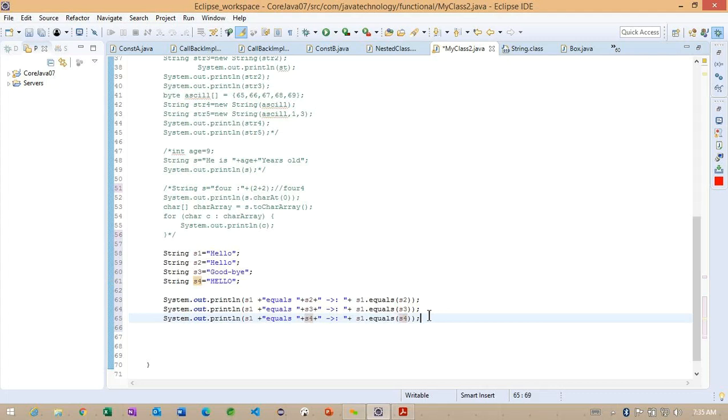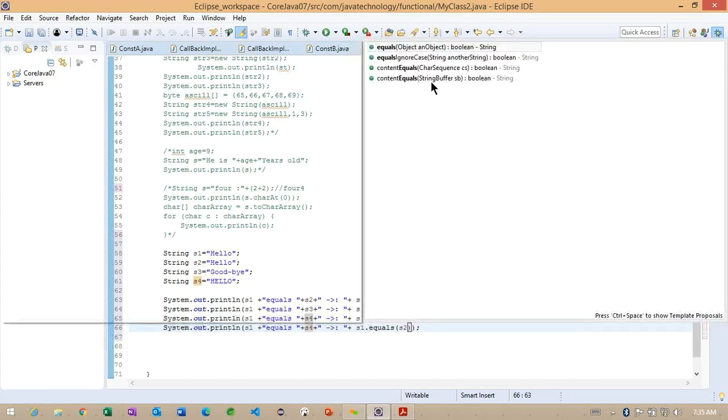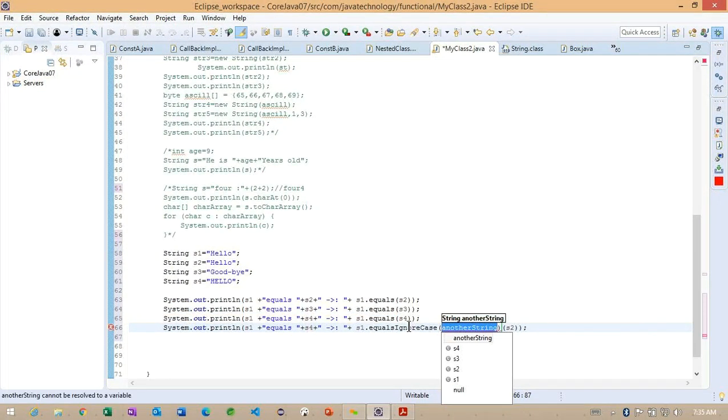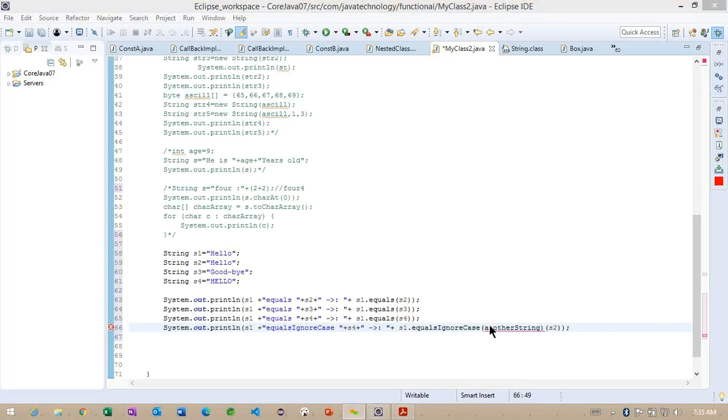Getting the point. And the last one also I'm going to use, but the difference here, instead of equals method, we will use equalsIgnoreCase. This is one more method we are going to use.